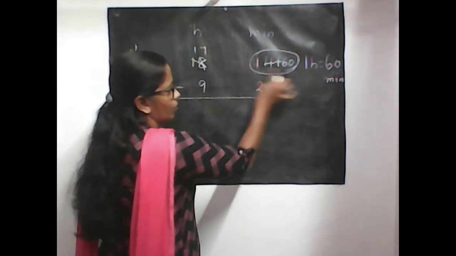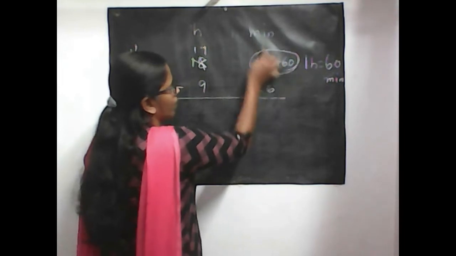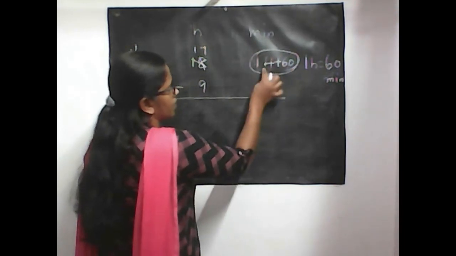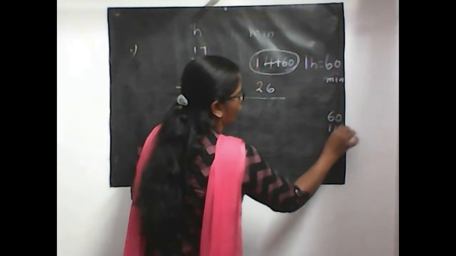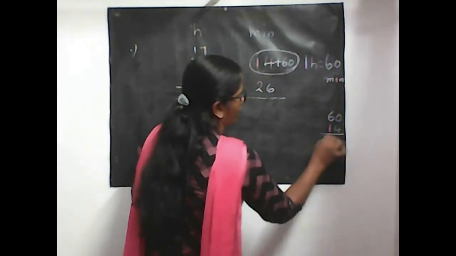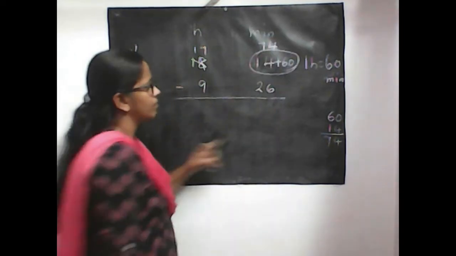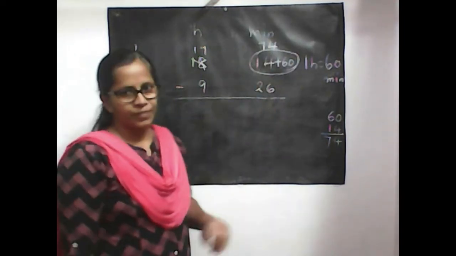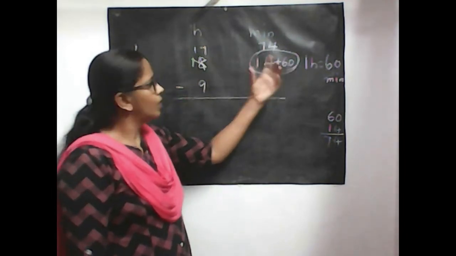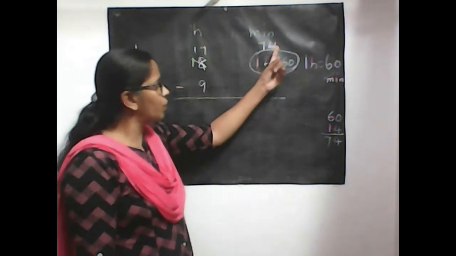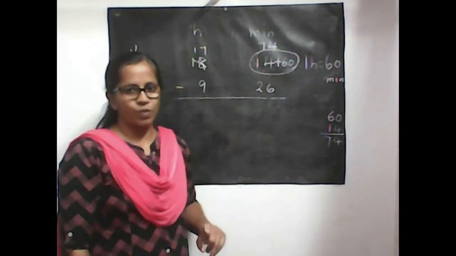Okay, do like this and put it in a column and add these two and write the answer here. 60 plus 14. You do in the working column 60 plus 14. 74. So write 74 here, just above this number. Okay. Put this one in a circle. Now see, we have 74 minutes. From that we are going to take 26 minutes. Now it is possible.